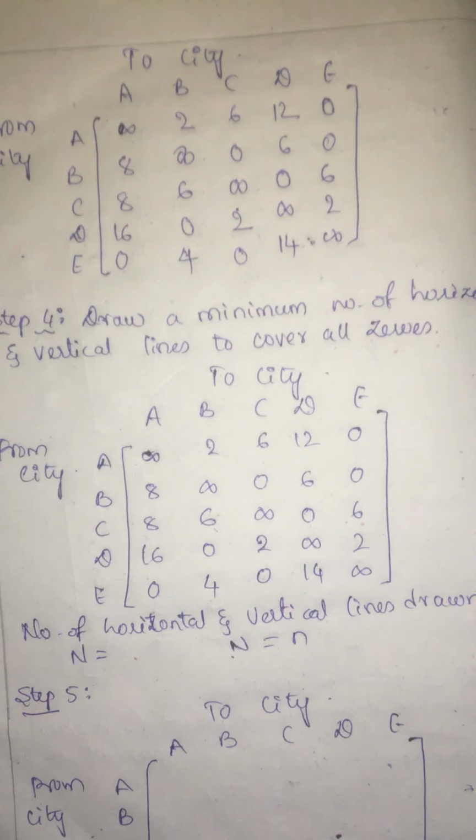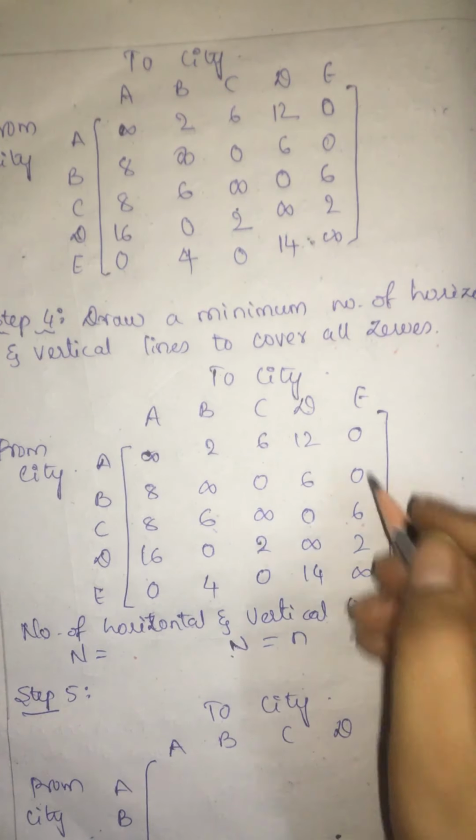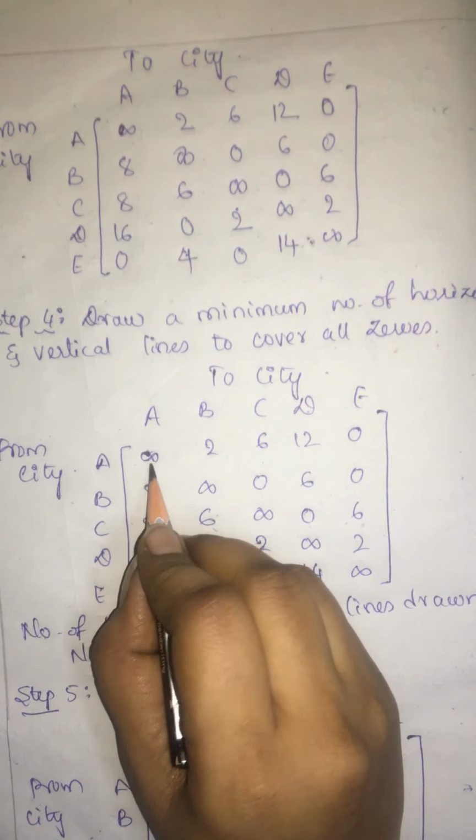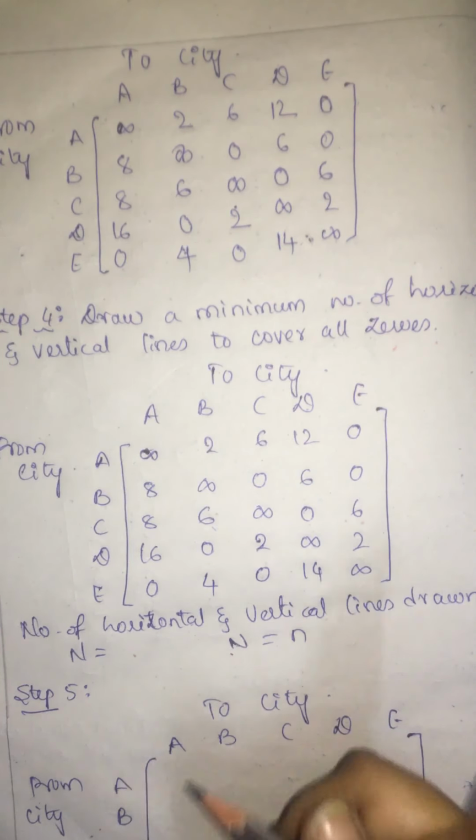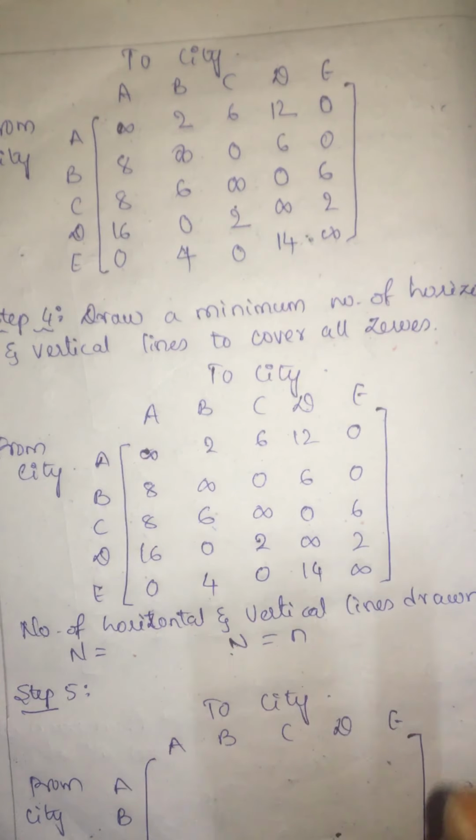So it is purely based on the assignment. Okay, so how to assign the value here is, now you have to assign the row or the column in such a way that it should contain only a single zero, that is only one zero. So look for the rows first.